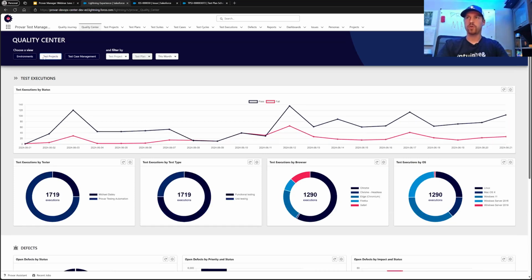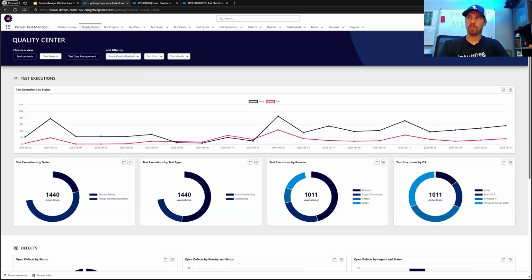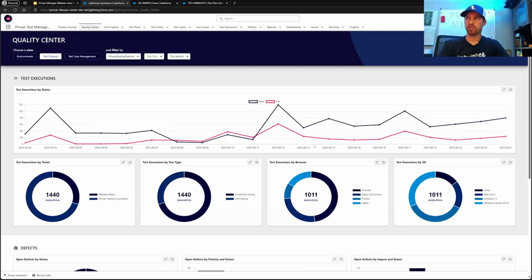The test project view is just another version of the environment view, except we're focused on individual projects that we've defined. So a test project would usually coincide with a release or an application that you're specifically testing, or maybe it could be a different business unit. However you want to define that is up to you. But if we look at our Provar Quality Pipeline project, this will show us an overview of this particular project